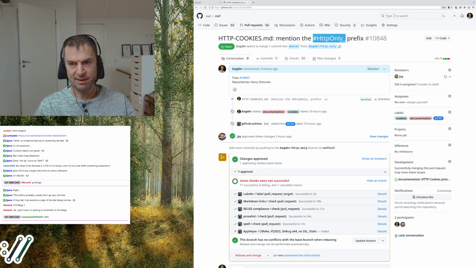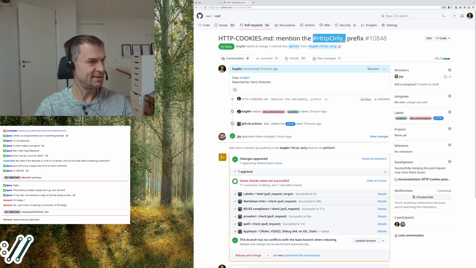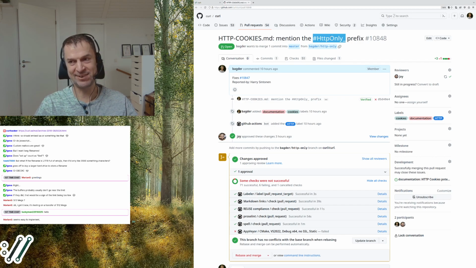So anyway, the file format is odd. Each line is a single cookie. So if you have 100 cookies, there will be 100 lines, and typically all lines that start with a hash sign are comments. So if you start that line with a hash sign, it's a comment, except lines that start with hash and HTTP only underscore, which is really weird. We didn't invent this.